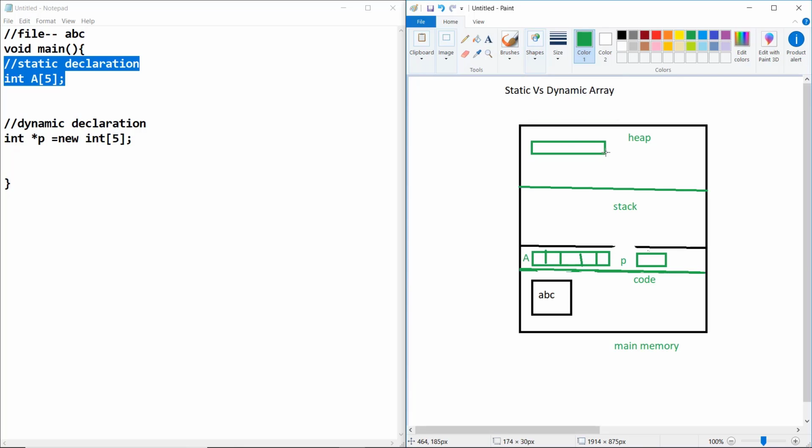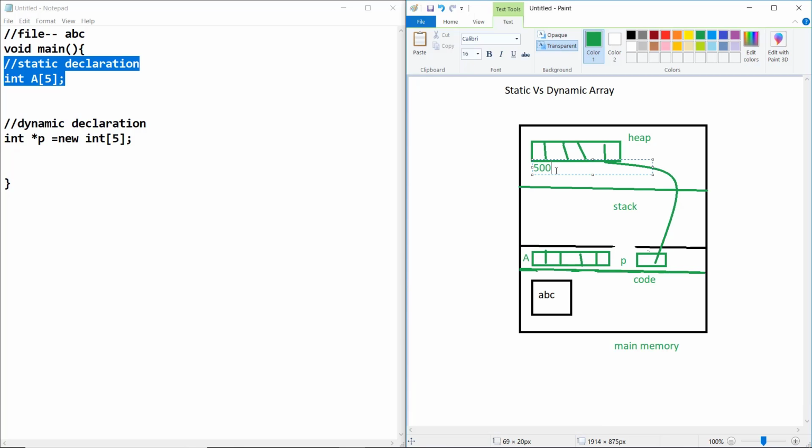The memory is assigned in the heap, of size 5. Now this pointer points to this memory allocation, and it stores the address of this heap memory.